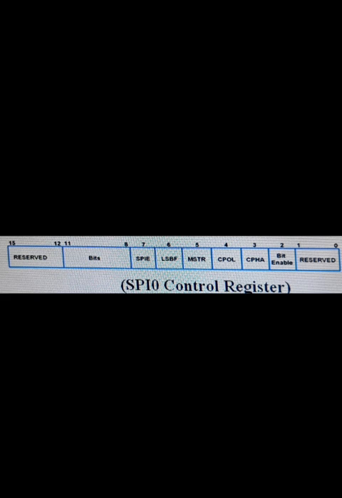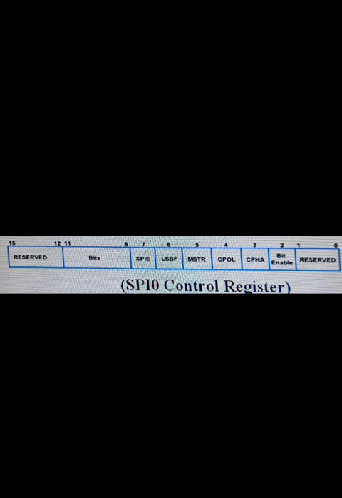We will see how to use SPI 0. Here we need to initialize SPI 0 before using it. That means certain registers need to be configured according to our needs. Let's see the registers.